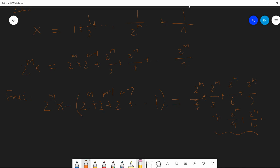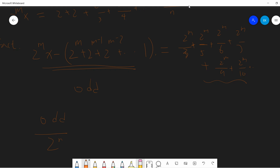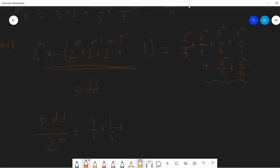Fortunately, this is an odd number. So we have an odd number divided by 2 to the m equals something. By the way, the 2 to the m over 6 contains 2 times 3, so this will be 2 to the m minus 1 over 3. And keep going. When you go to 2 to the m over 10, you can write it as this. So you can see that since I already took the largest power of 2,